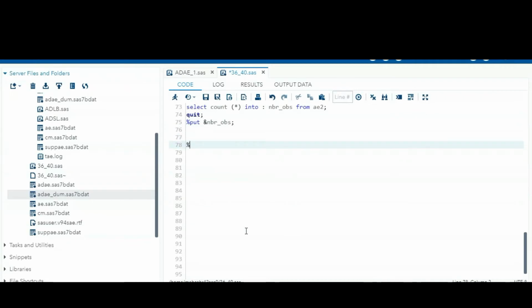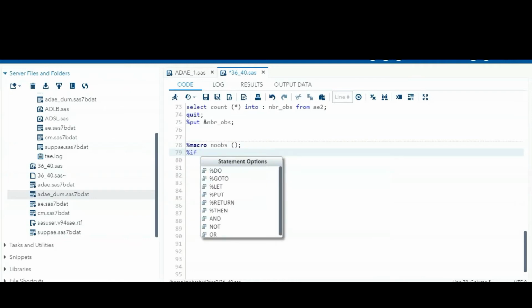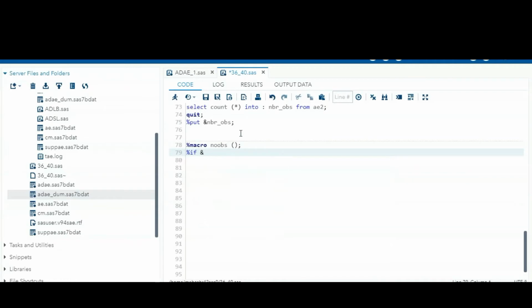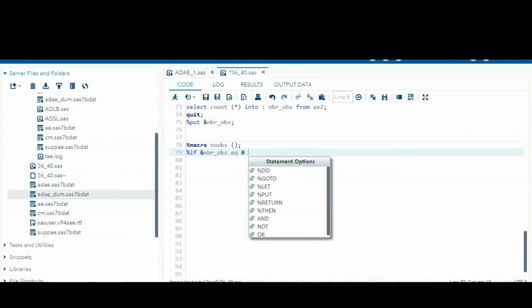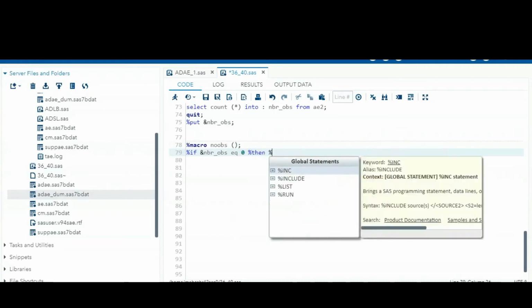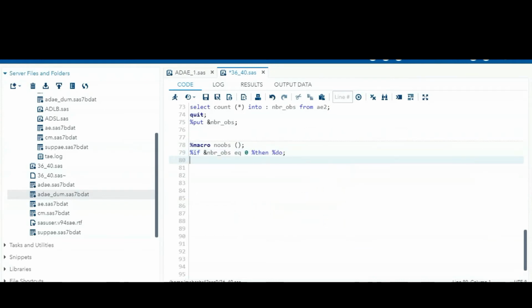So %macro, and the macro name is NOOBS, for number of observations. I can give it like this. After that, %if this macro variable is equal to 0, meaning the number of observations is equal to 0, %then %do.